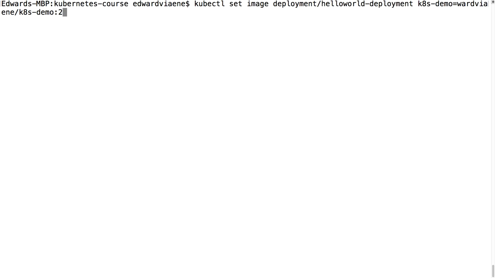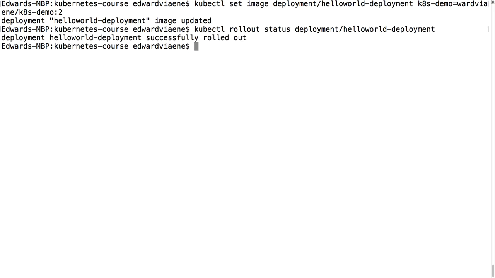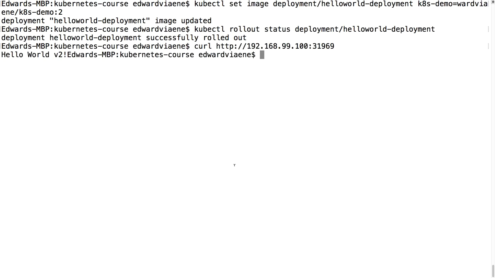So it's going to be latest with the tag number 2. And this now says image updated. We can now follow this rollout status using this command. And it is already successfully rolled out. So if we then curl again to this URL, we see hello world v2. So our image is now updated,